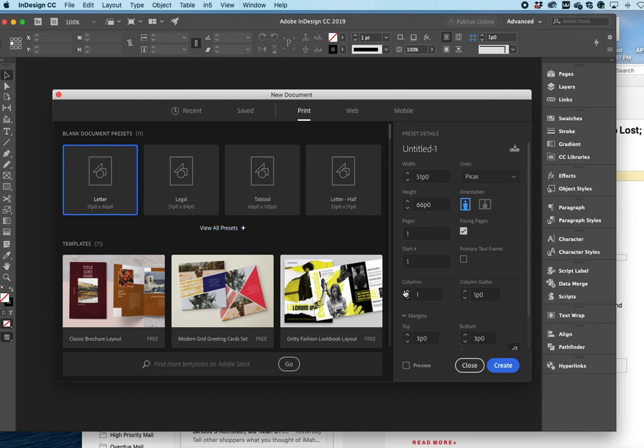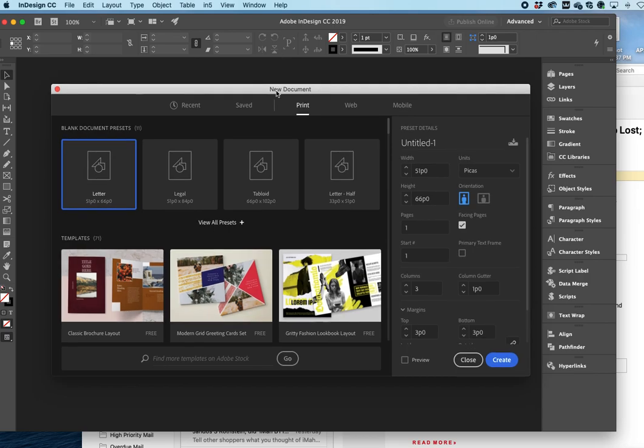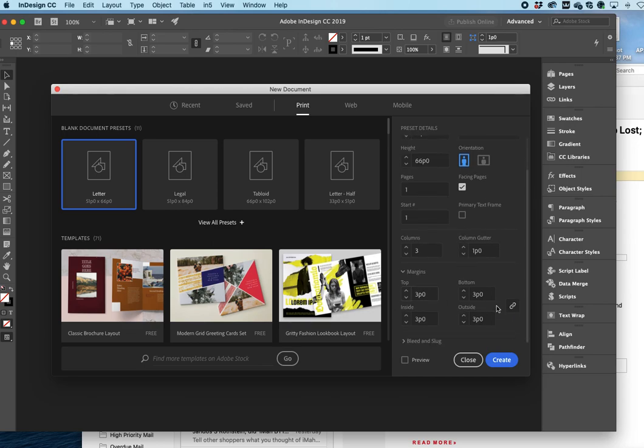One is I'm going to give it a column structure. Three columns is very typical for this size page, so I'll leave it at 3. Two, we see that this is facing pages, and that is really the default in InDesign, because part of what it's for is creating long documents that are multiple pages. So InDesign just assumes you're creating a multiple page document, unlike Illustrator or Photoshop.